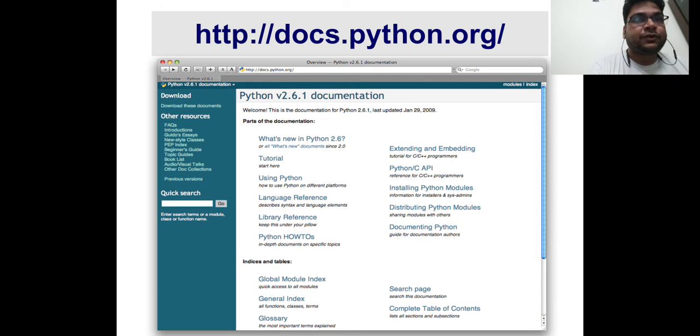As for Python, you can go and see extensive documentation of Python on docs.python.org. You can see the tutorials. There are a lot of APIs that you can use, how you can install Python, all those details you can refer to. And Python has an extensive library reference, and details on how you can extend that library, all the global modules, general indexes, search things. All this documentation I would suggest you go to docs.python.org and cover.